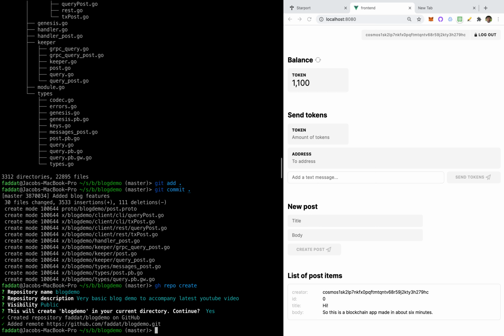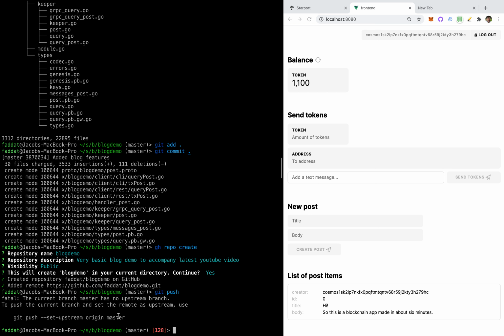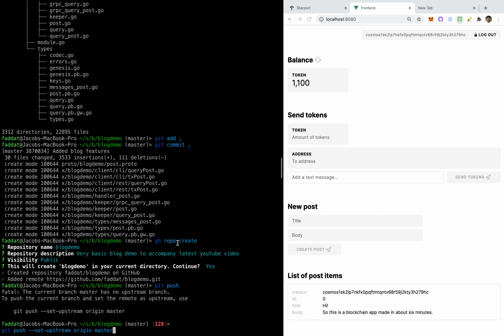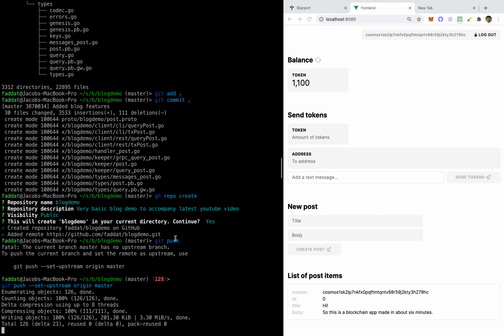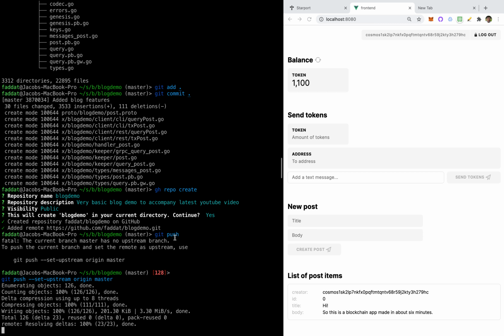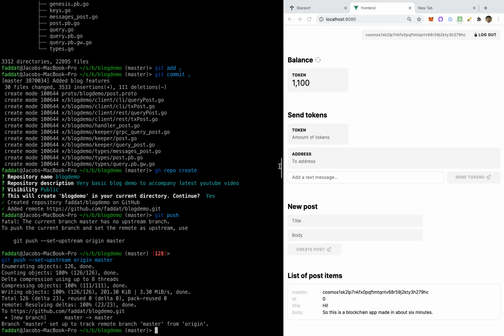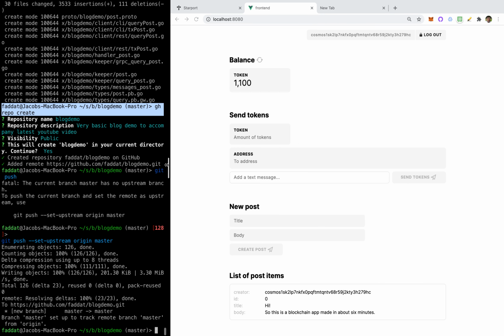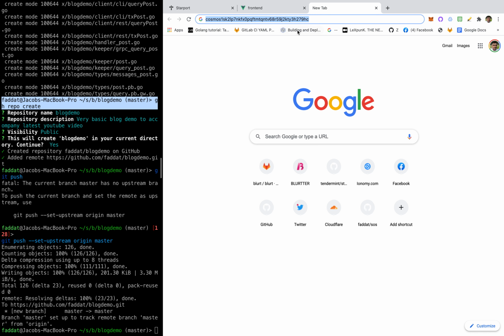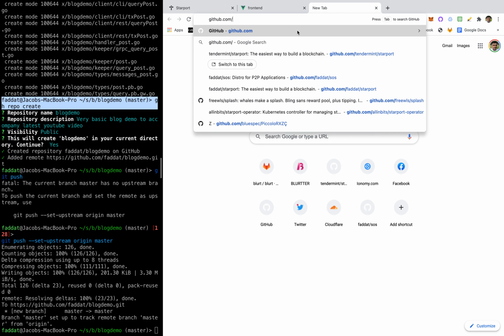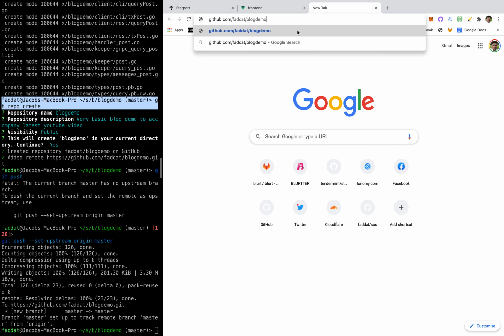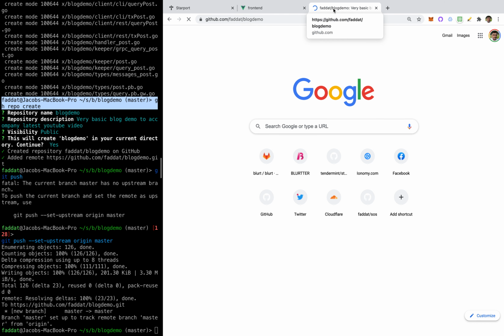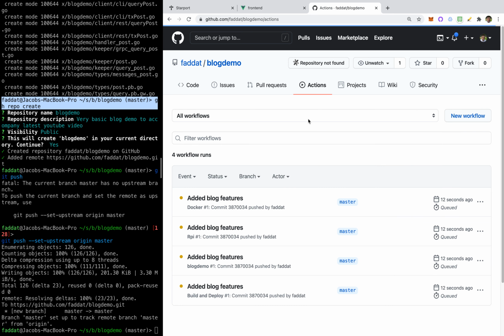Cool. So now we're going to git push. It's going to give us this thing. I'm going to tell it what branch to push to upstream. Right, and now we can go over to GitHub. It's even more interesting because what's happening over here is it's now being automatically compiled. Some of these are going to fail